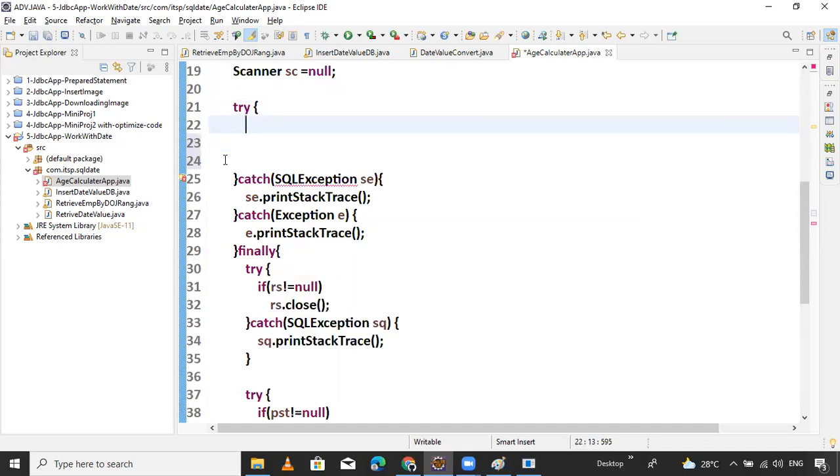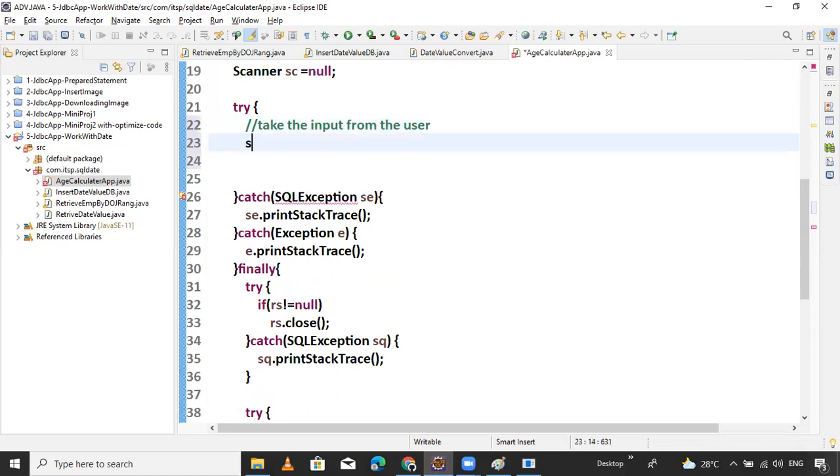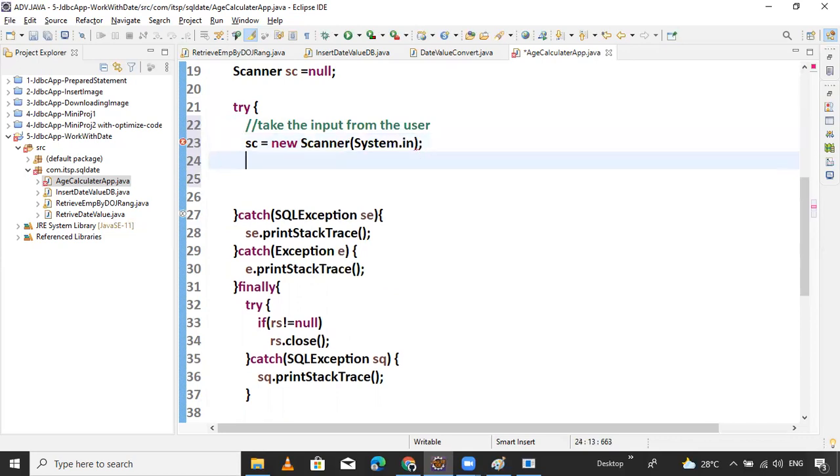So now come into our coding part. Simple: read the input from the user. Sc equals new Scanner(System.in). That's it.